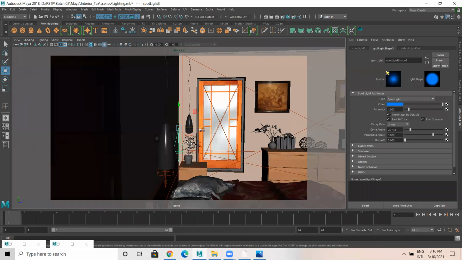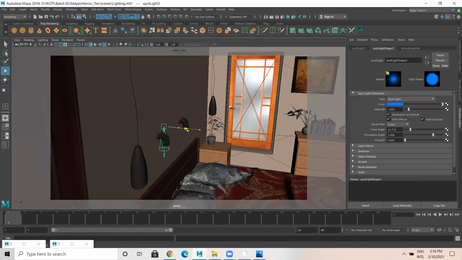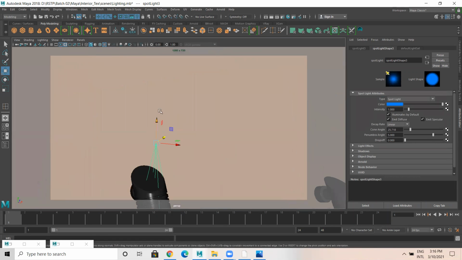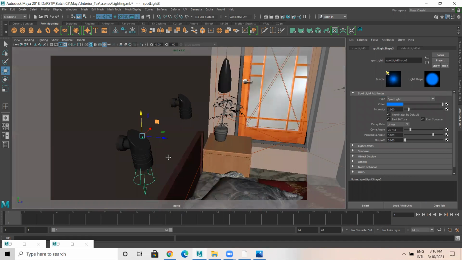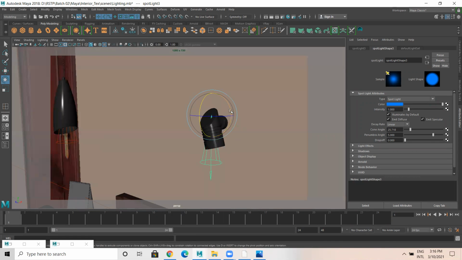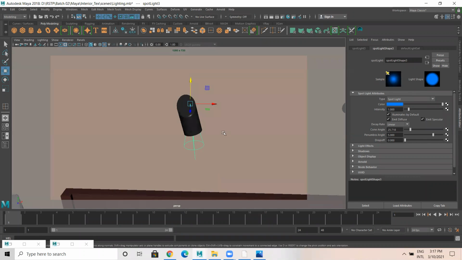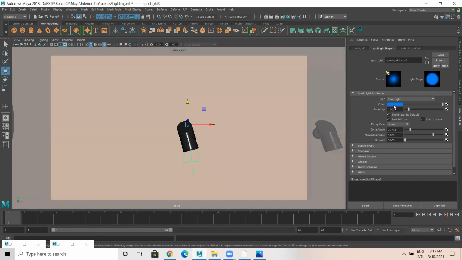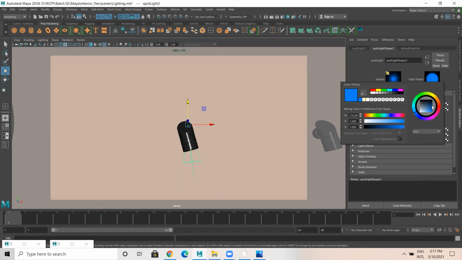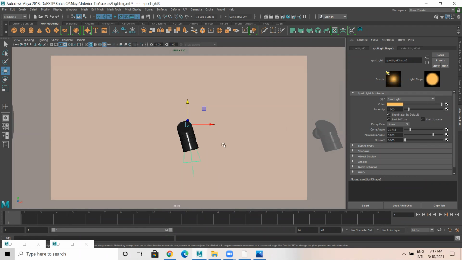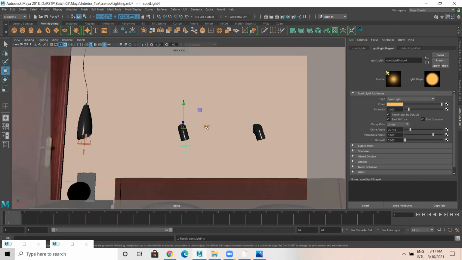This light I would like to place here, and I would like to make it smaller, bring it down, and rotation, I'm just rotating it something like this. And the color of this light I would like to have a bit of this color, and I would like to duplicate this over here.